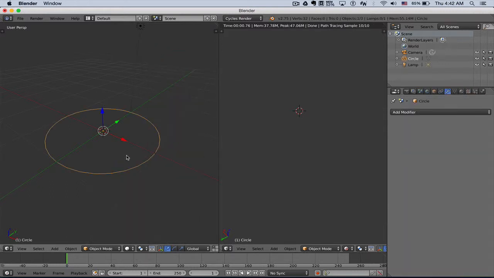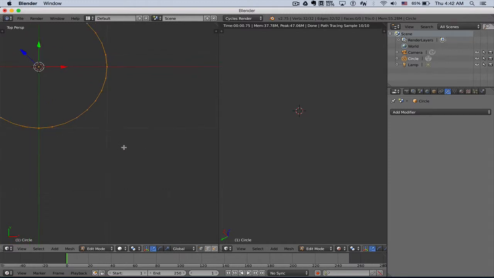So the circle is not an actual mesh. It has vertices and it has edges but no faces. So I'm going to tab into edit mode. I'm going to go into top view, and I'm going to turn off perspective, and I'll deselect all. Okay, so what I'm going to do now is I'm going to go ahead and